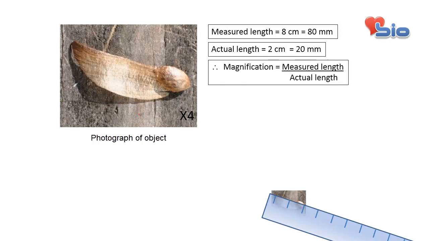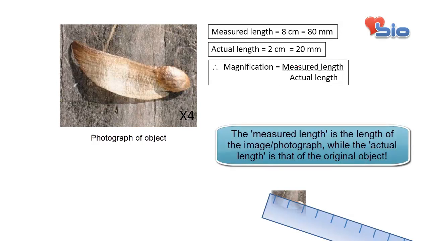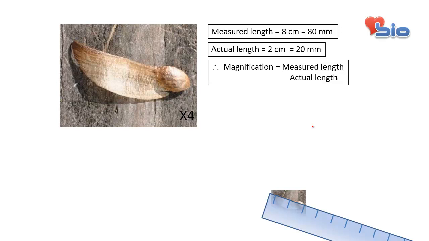Magnification is basically calculated as the measured length, which can also be called the length of the image, upon the actual length, which means the original length of the object. I hope you've got that. Now this is an easier way perhaps to remember, because magnification MA is equal to M upon A, that way if you want to write it. But whenever you're asked to calculate magnification or one of these lengths, make sure you mention this formula, because there's generally 2 to 3 marks for calculating magnification. You're expected to show some kind of working. So in this case, this is how the magnification would have been worked out,